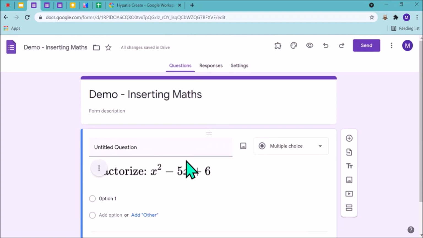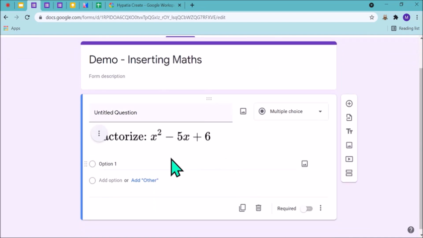Is it clear to everyone? "Yes, ma'am." We teachers are very much used to saying "is it clear," as we do in classes. Please excuse me if I ask again and again. "Ma'am, how did you write the exponent there, x square?"